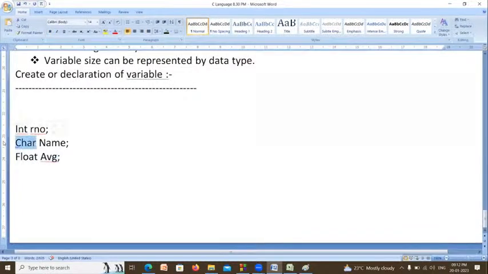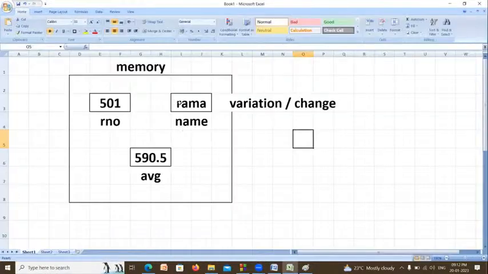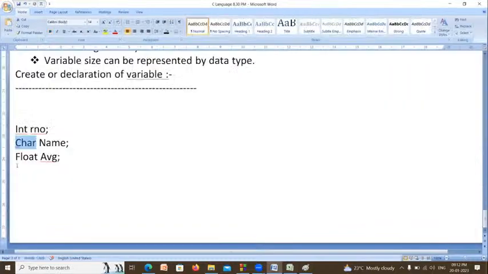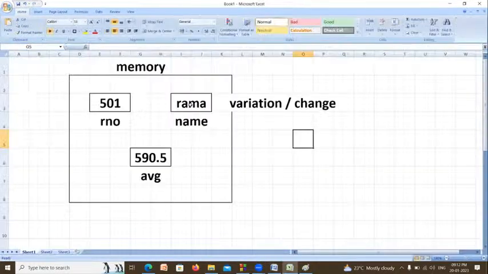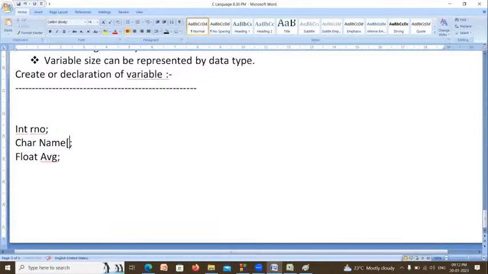Float average means the computer allocates 4 bytes of memory for this, then you can store a floating point value. Now character name means it allows storing only one character. Why? Because a character is 1 byte, and in 1 byte of memory you can store only one character. But you are going to store a group of characters, no? Then you need to specify how many characters you are going to store, using square brackets.